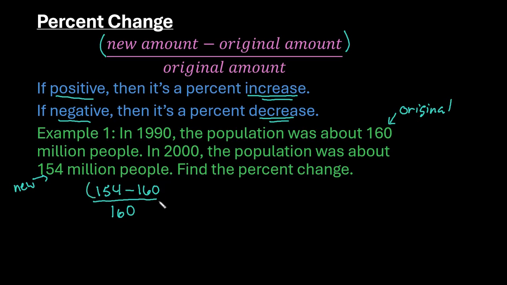So if you wanted to plug this into your calculator all at once, and you're using a calculator like on your cell phone, make sure that you put parentheses around this so it doesn't divide first. But if you wanted to, you could also simplify. So 154 minus 160 does give me -6 divided by 160. If I plug that into my calculator, I end up with